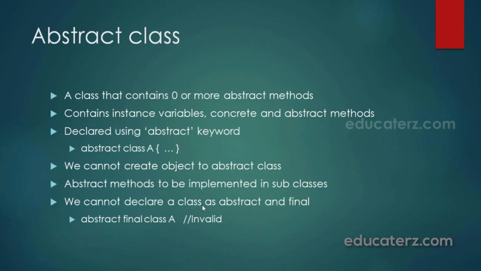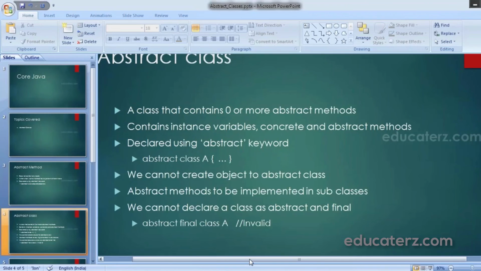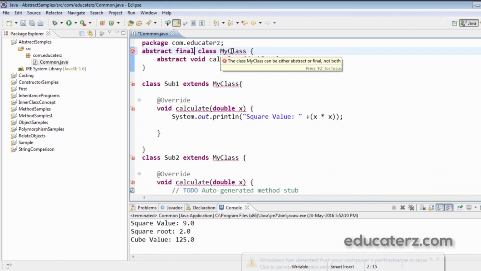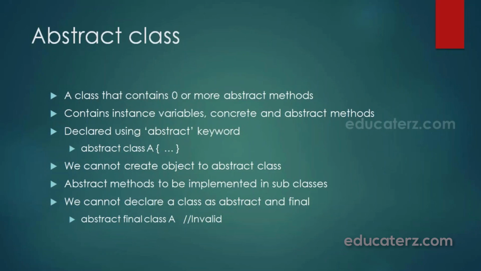And we cannot declare a class as abstract and final because both abstract and final are contradictory. That is, when I say abstract class, that means the abstract methods inside an abstract class should be implemented in the subclasses. But if I declare a class as final, the class cannot be inherited. That means subclasses cannot be created for that particular class. So both are contradicting each other, and we cannot use abstract and final together. Let's see what happens if I use final here. It will show me an error saying my class can be either abstract or final, but not both. So we cannot declare a class as